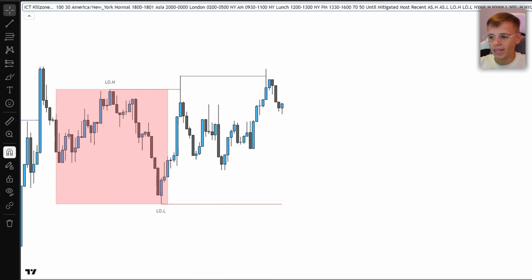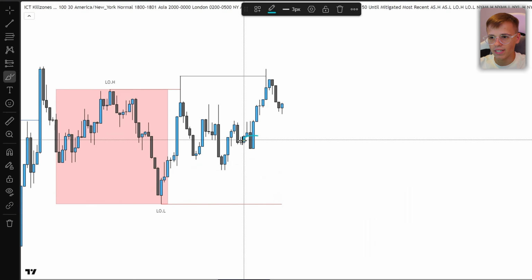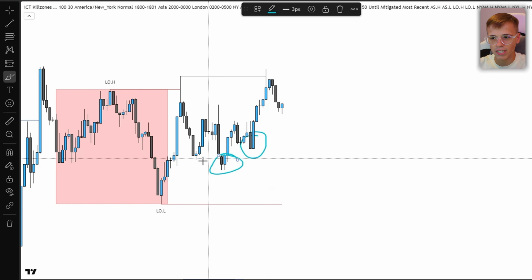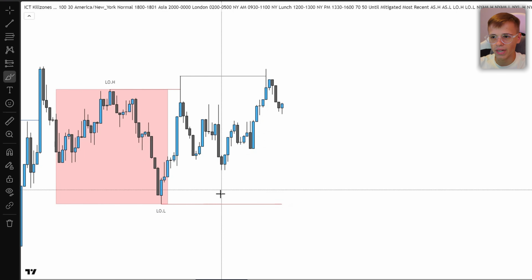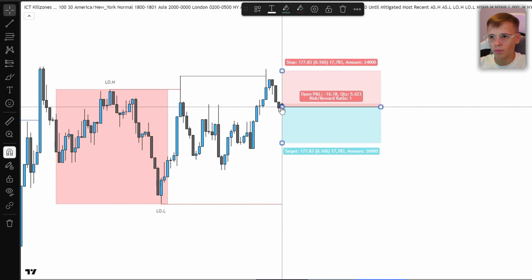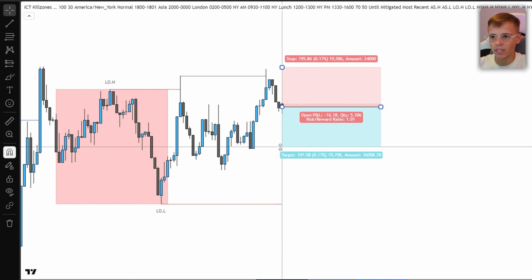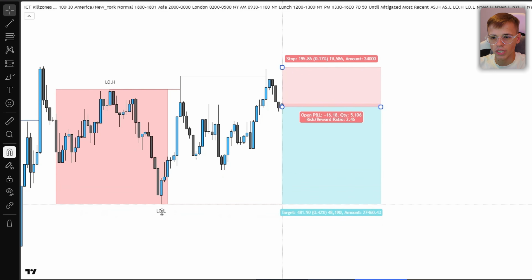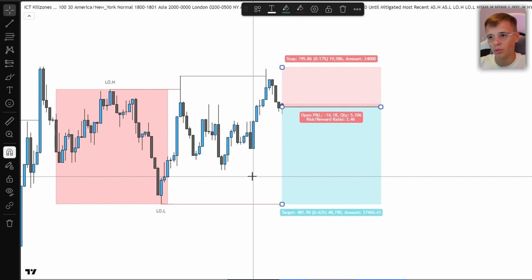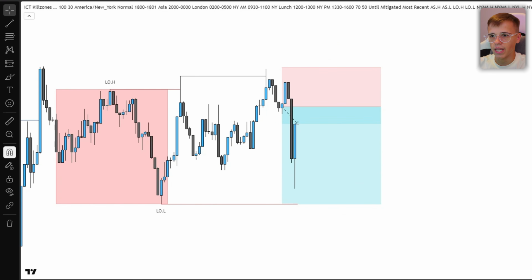So with this simple indicator, what can we see on the chart? That this is not a session low, this is not a session low, but this is a session low. So what can we expect to happen right now? If we were in the sell position like this, and let's say targeting lows, we don't have to target this low or this low, because we can be sure that this low is going to hit because it is an important low. And let's just now see if that actually happens.